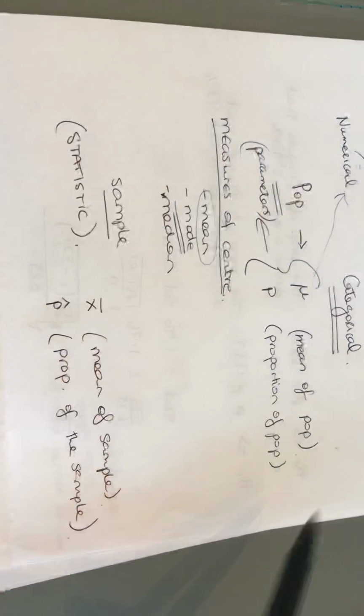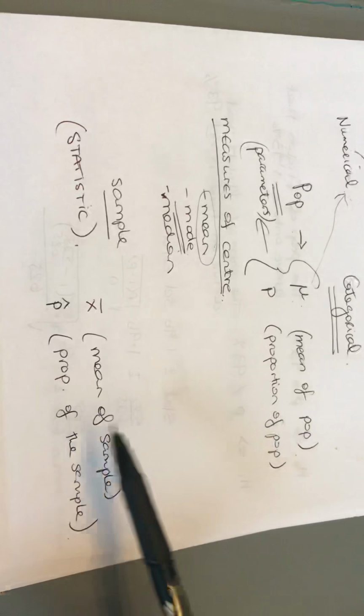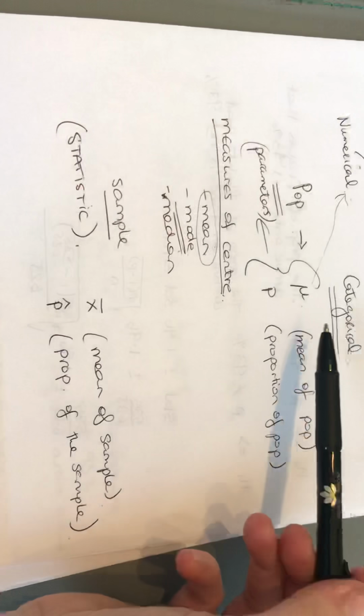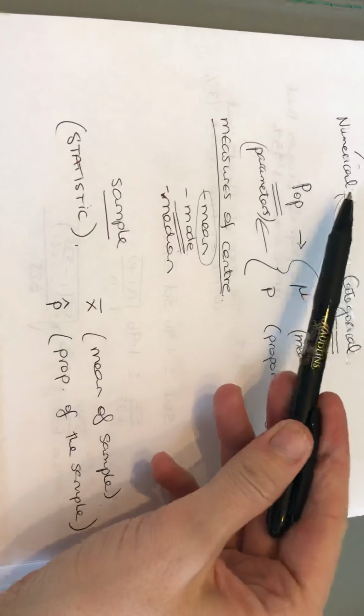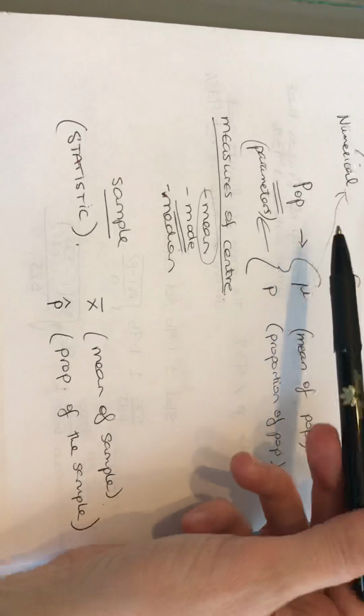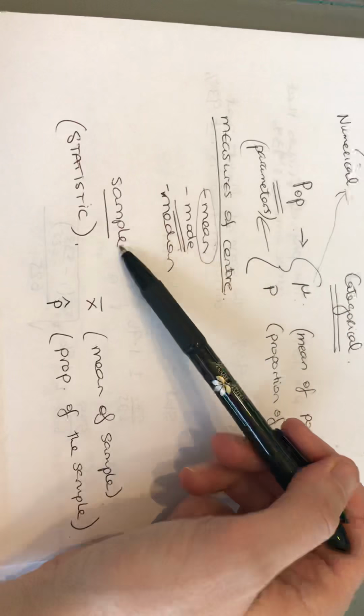And it's good to get familiar with these symbols. And maybe even just try and create some examples yourself, because obviously I'm creating examples here, but it's only when it means something to you that any of this information will be of benefit. So that's just the general overview of why in first year you're even talking about numerical and categorical data, why you were talking about population and sample.